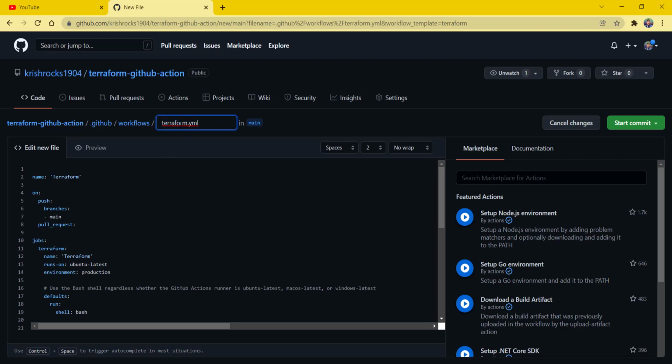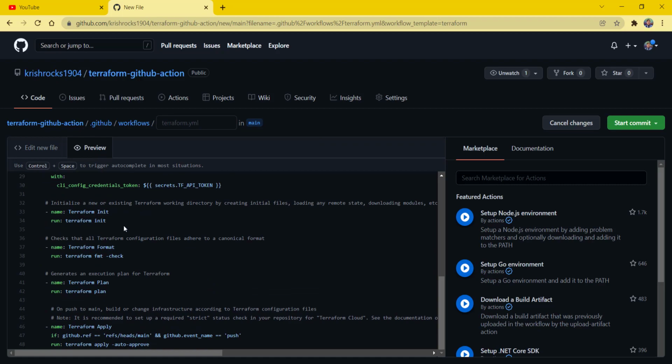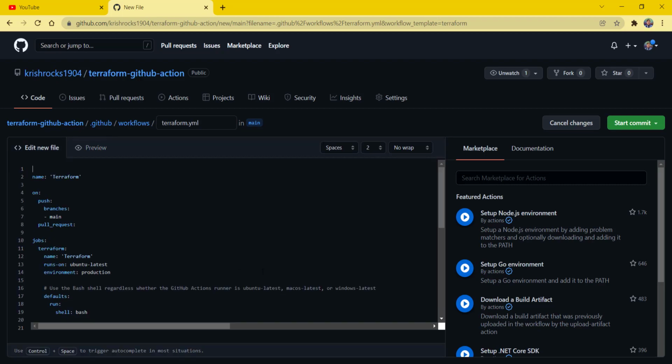If you want, you can change the file. Now if you have a look carefully, this is going to create a file inside the repository in the .github folder. Inside that there will be a workflow folder, and inside the workflow folder your pipeline.yaml file is going to be created. If you understand the Azure DevOps pipeline, this is just another pipeline which we'll be creating. I can anytime go ahead and preview these changes on the preview section if I want to. Okay, I'll simply say start committing changes.